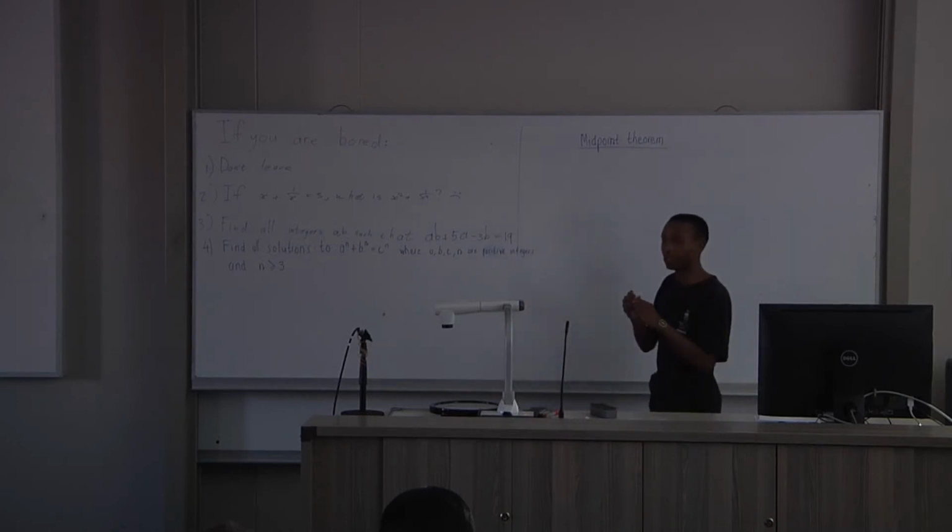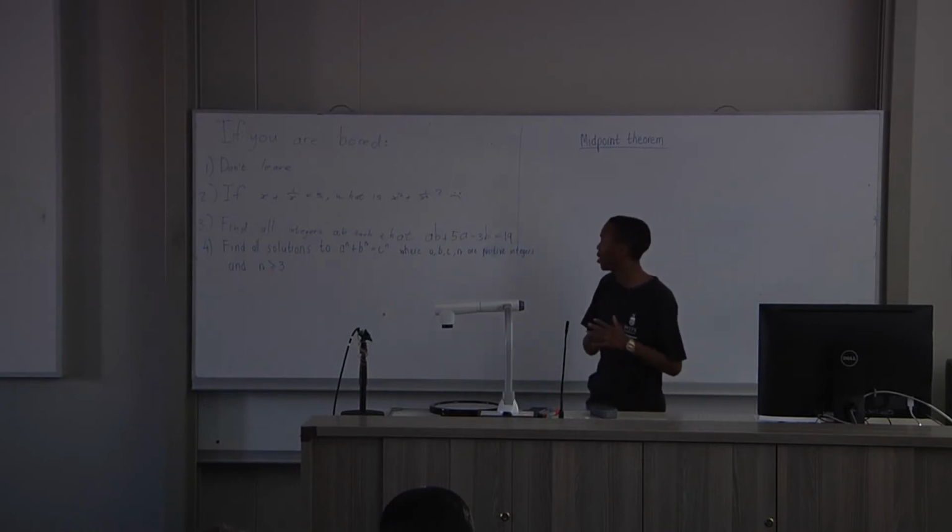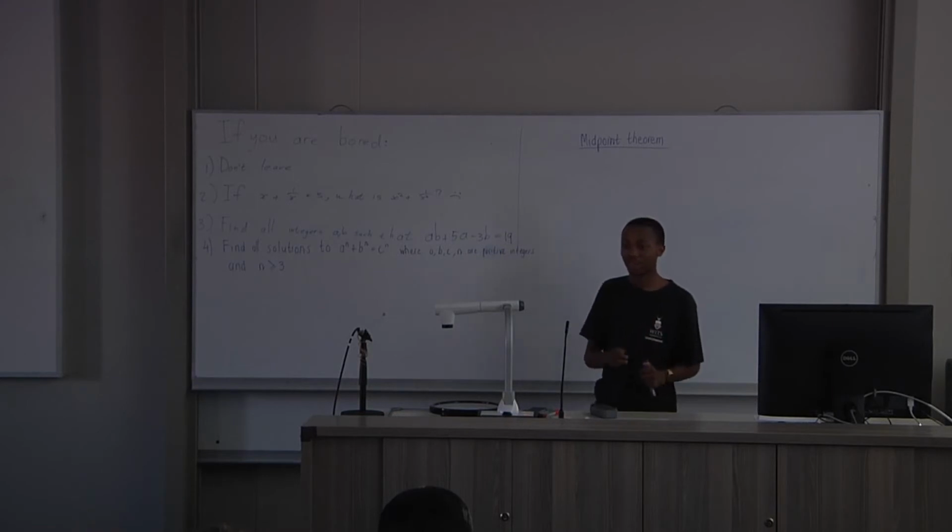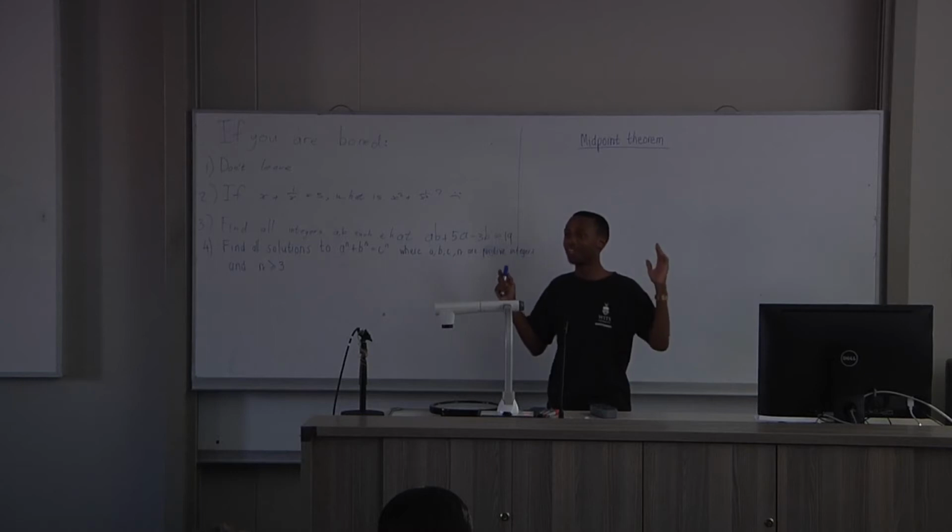Whenever you write geometry proofs, you shouldn't assume stuff. Maybe I should have said this in the beginning. You shouldn't assume stuff, because I was marking your scripts today and some of you assumed things that were not necessarily true. Because everything that follows is based on an assumption which is probably not true, and then everything is just